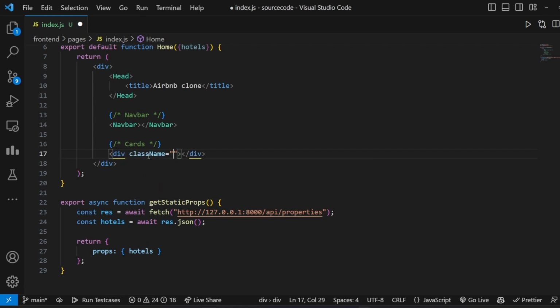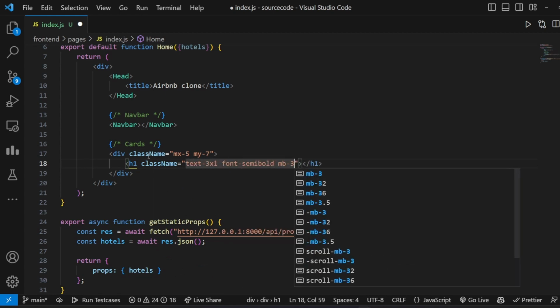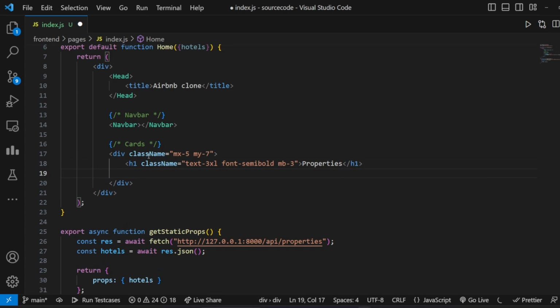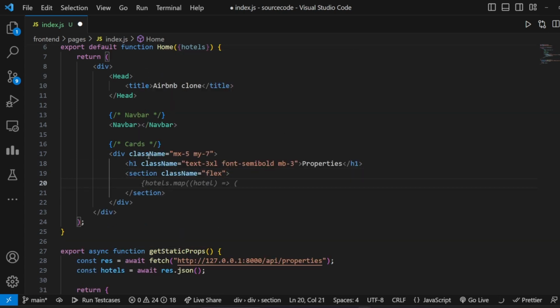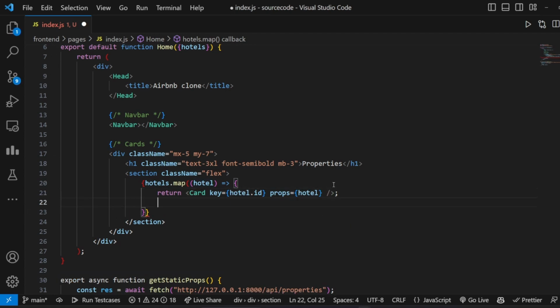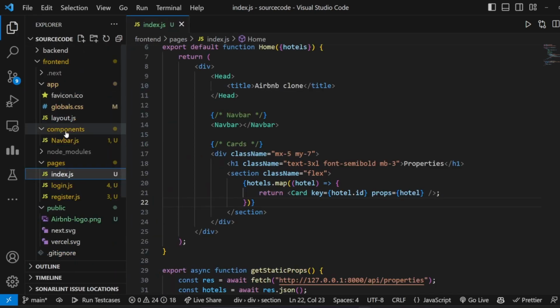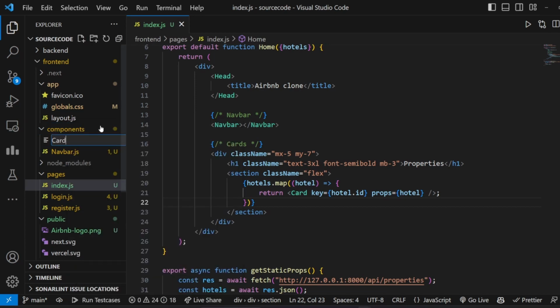Awesome. Now we have to define this card component. It is not there, so let's create the card component,